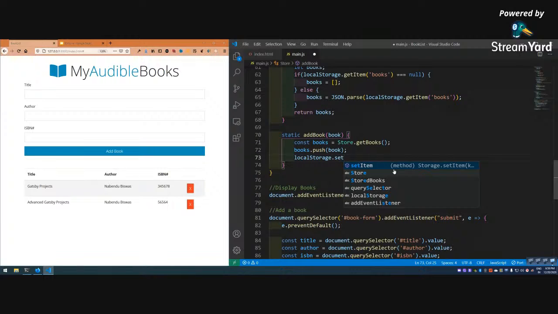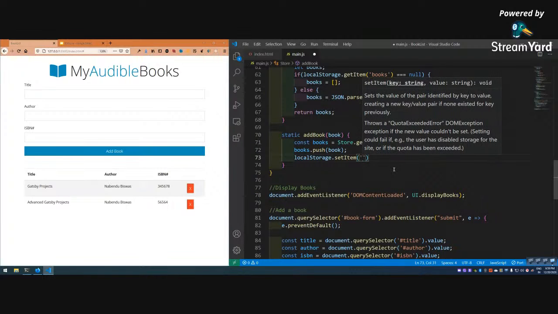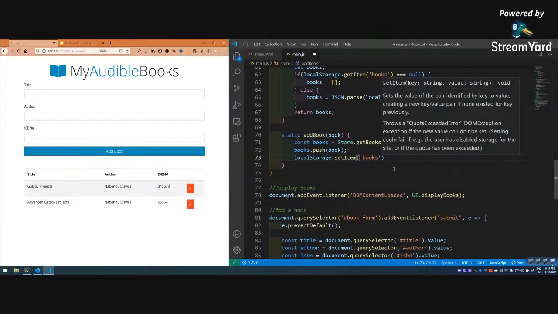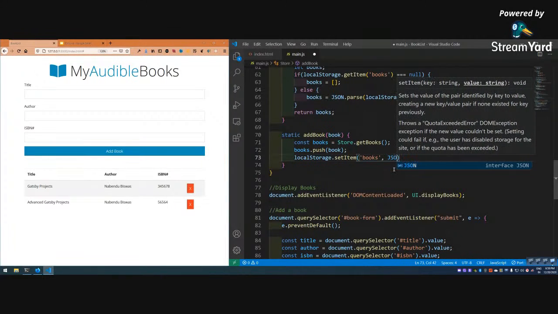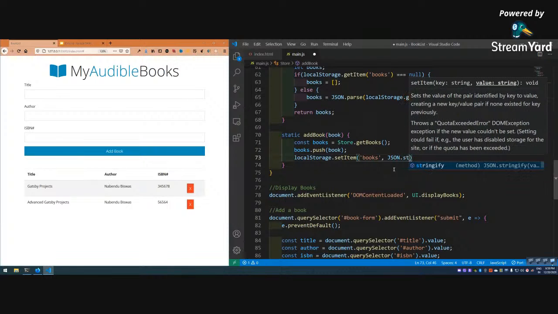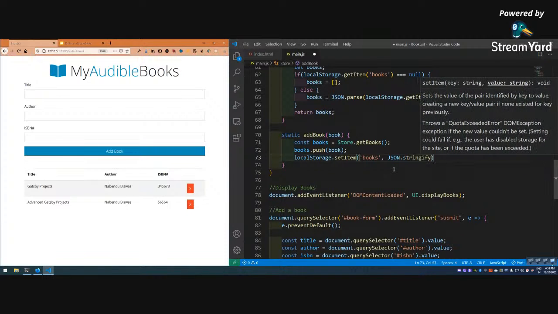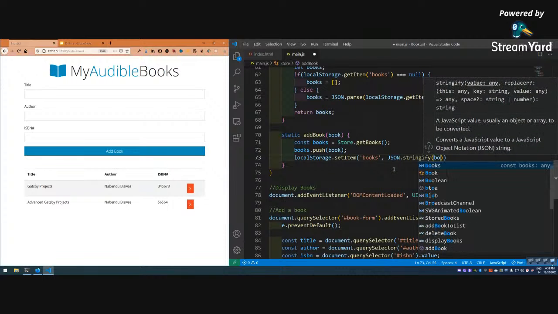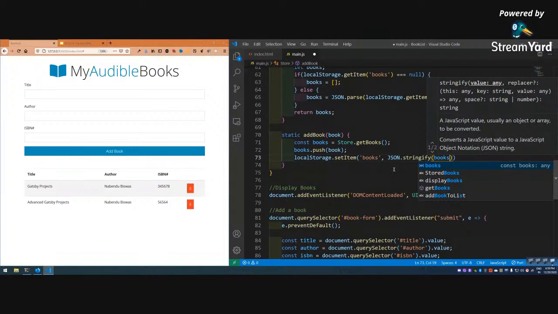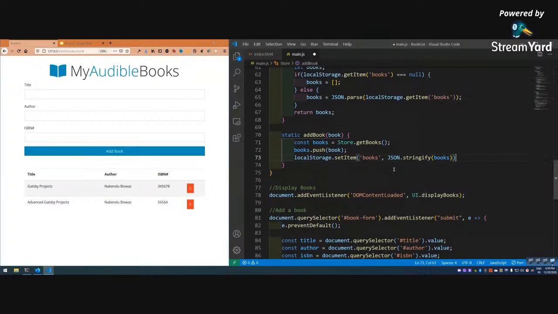This localStorage.setItem, see how it is appearing. Books. The first parameter is where we are setting. The second parameter is what we are setting. So JSON.stringify, since we always have to store it as a string. JSON is a string, so stringify books. Okay, so the next thing is